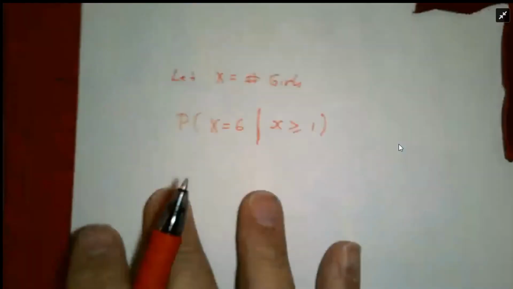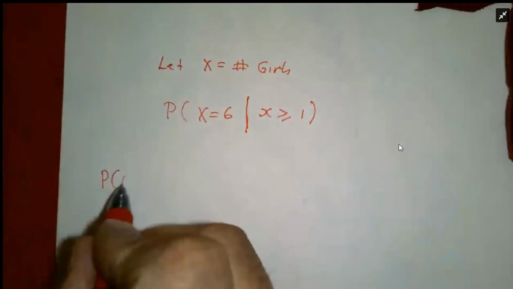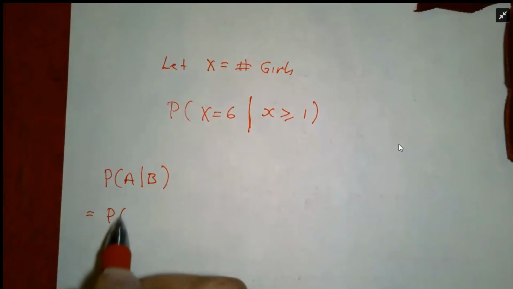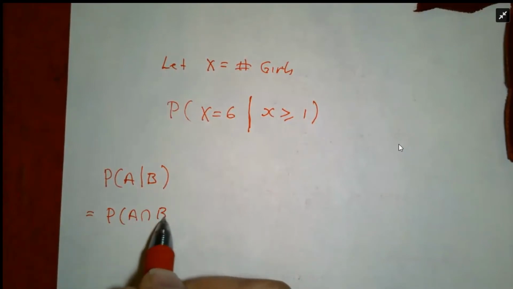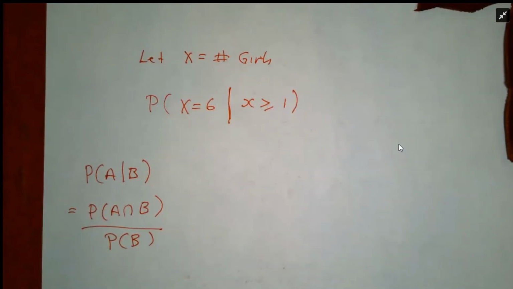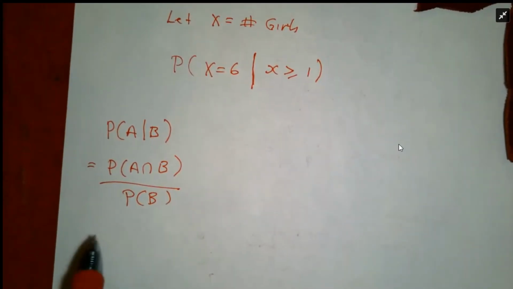Now, this comes from the formula: the probability of A given B is the probability of A and B over the probability of B. And just to refresh your memory where this comes from,